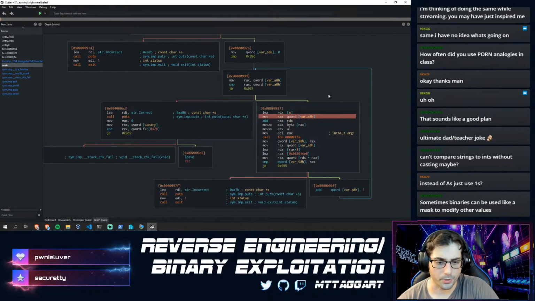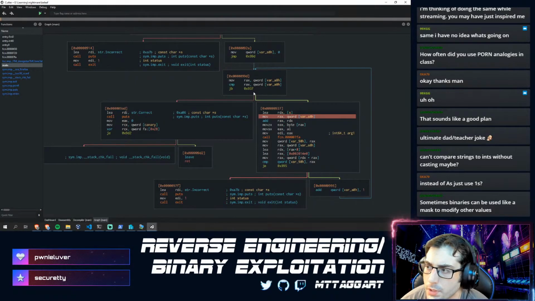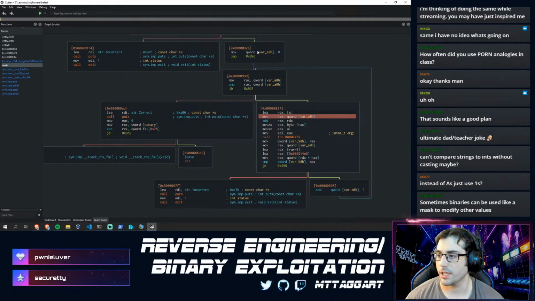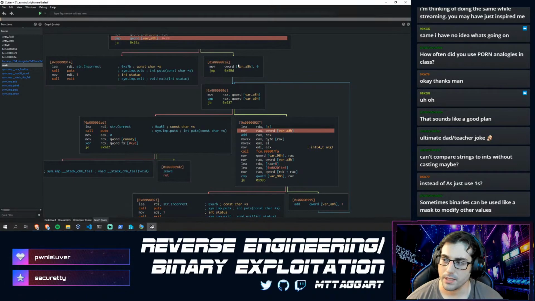Oh, but this is the loop right here. This is the loop right here. Oh, duh. I'm so sorry. I didn't know what I was looking at. This graph really helps clarify it. Okay, so once we get to this part here,